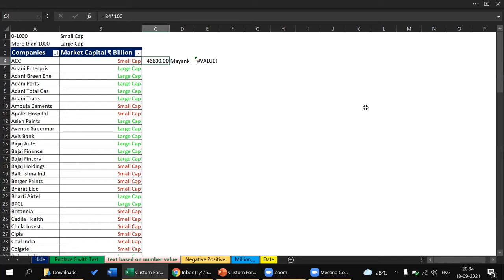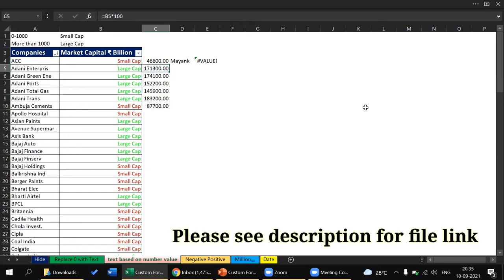Why? Because the values have been stored as still what they were, but they have been disclosed as names, that is small cap, it is large cap. Even if you multiply all the cells with certain values, you will get the number, because only the format has been changed, the numbers are still there. How we can use it?